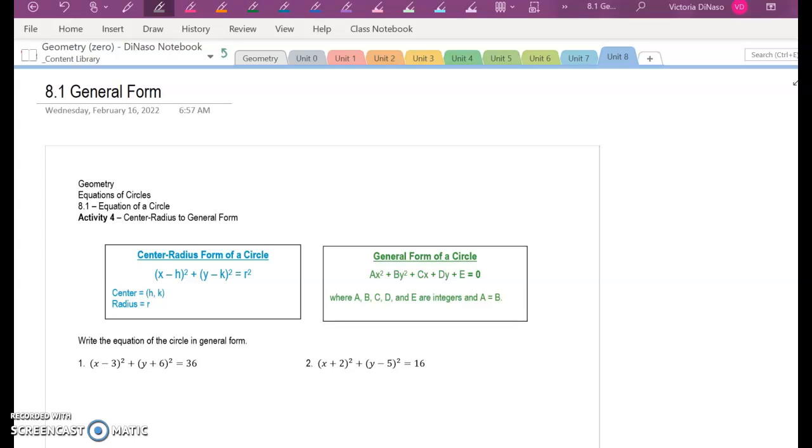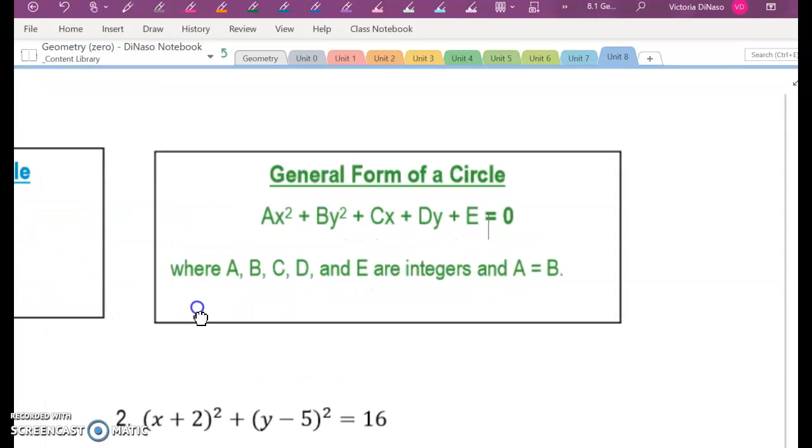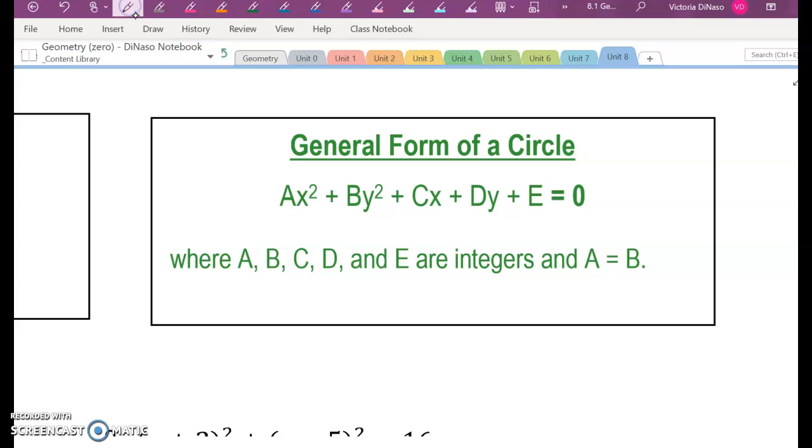In section 8.1, general form, what we're going to be doing is going from center radius form of a circle to general form. The order is very particular in general form. You're always going to put x squared first, and that's true anytime you put anything in standard form: you put the highest degree first. Then x comes before y in the alphabet, so we have x squared and then y squared, followed by x, y,